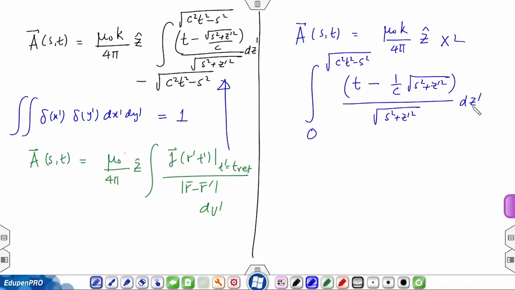The integral dz prime over square root of s square plus z prime square we have already done. The second one is also very easy to do. It will just be z prime between those two limits. You perform the integral and you get